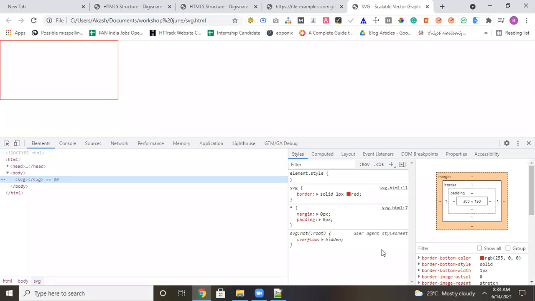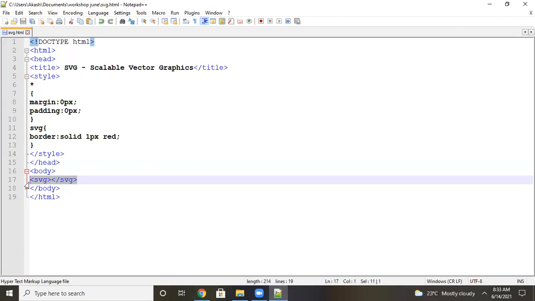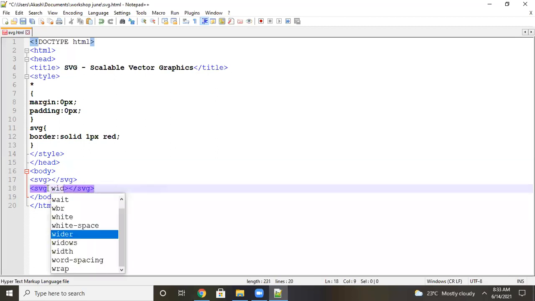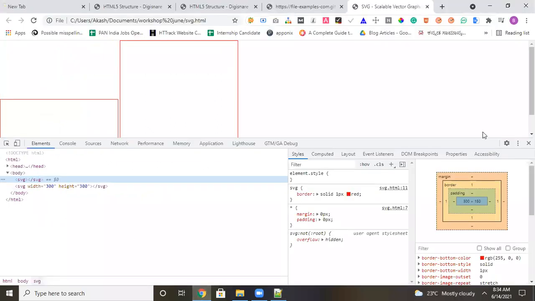Now I will draw one more rectangle in this and show you. I will take one more SVG down. If you want your own different size frame, you have to define it here. For example, I'm defining 300 by 300 height and width. It is your own framework. If you want a custom framework, you have to use this. Now see, the second one came 300 by 300 because I have defined the layout size as 300 by 300.